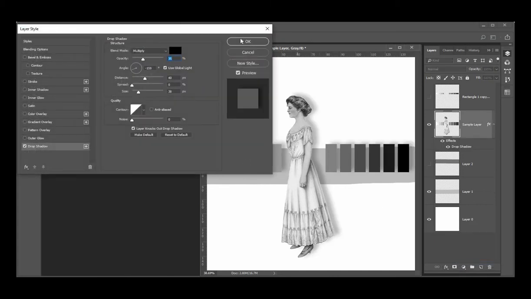So once you click it, you have here a dialog box, and here is the list of all the effects available. Now I've selected drop shadow, and here I can modify all kinds of specifications for the drop shadow. For example, I can change the angle of the shadow, I can change the distance like this, I can change the size like this, I can change the opacity,